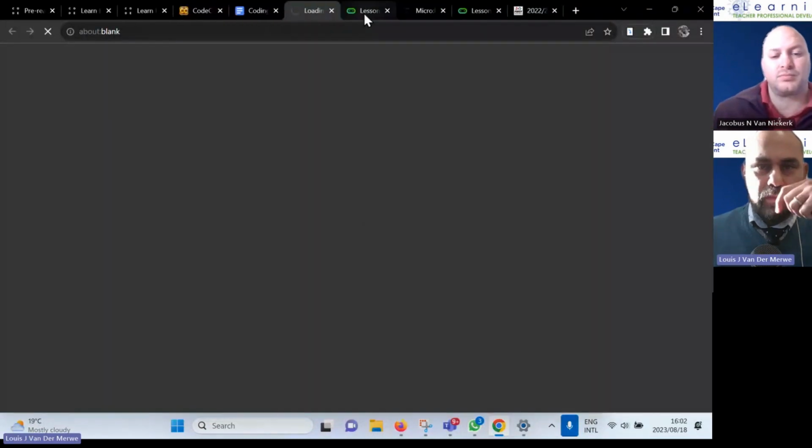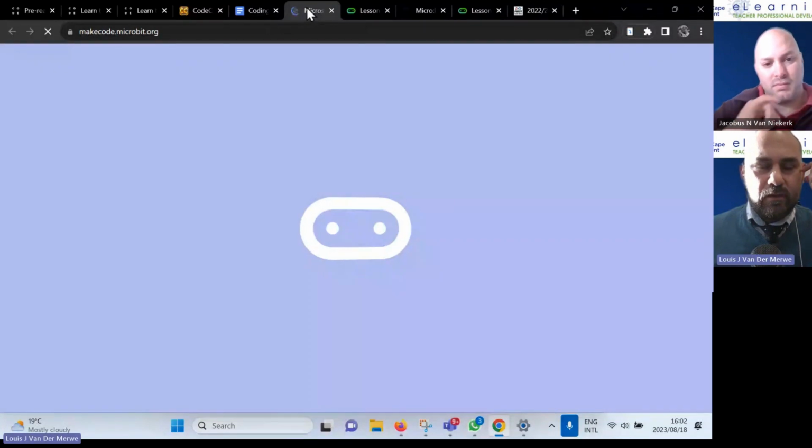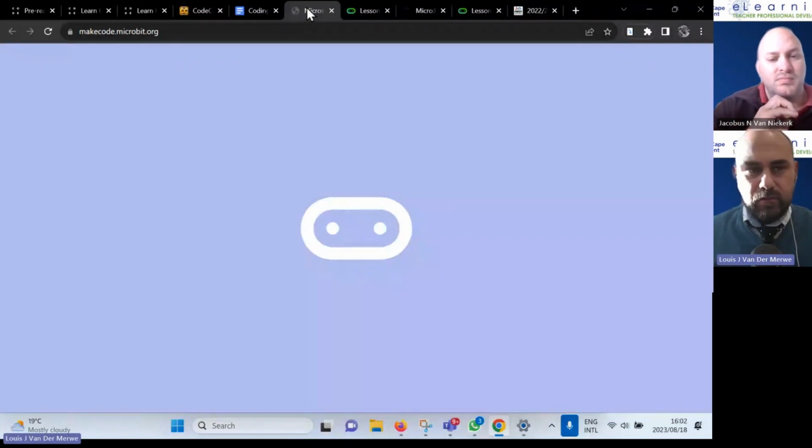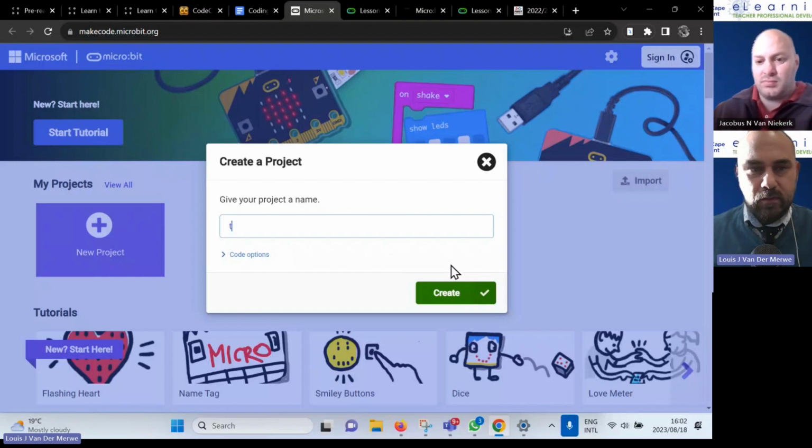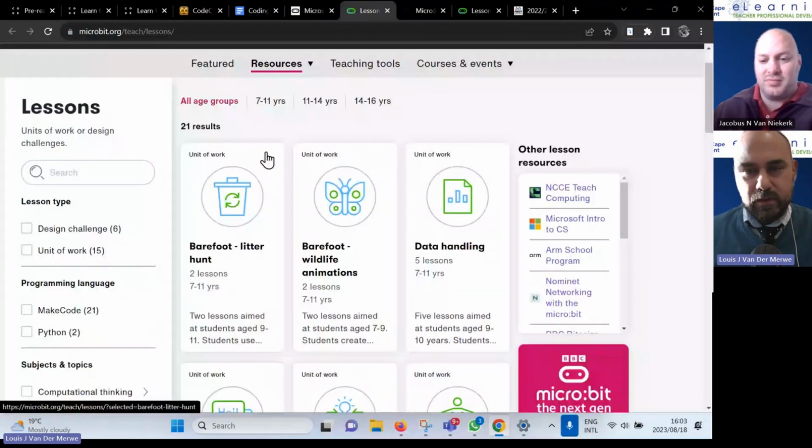Now, for the microbit ones, there is the MakeCode editor. It's got an emulator built into it. So if you want to actually start coding, you don't need the physical microbit device already. Yes, got it. And there you run the emulator. Press the buttons, do all the things. You've got lesson plans that also have a classroom, to register kids.